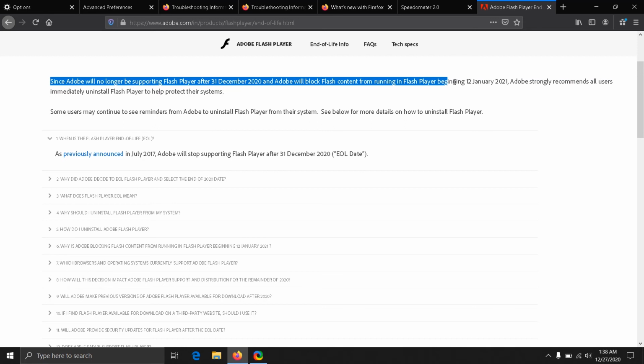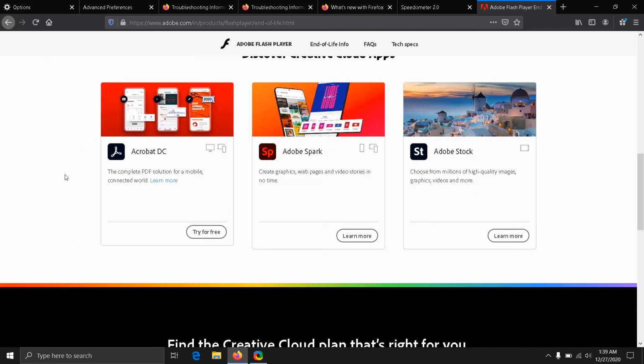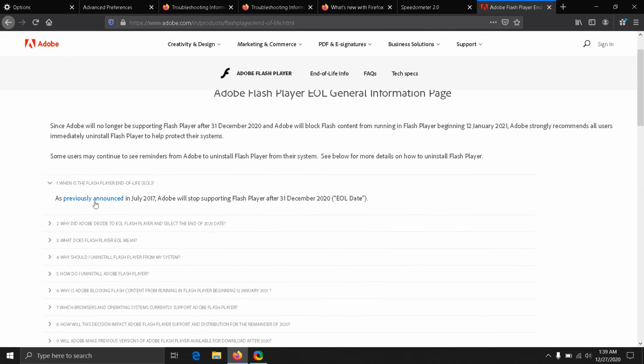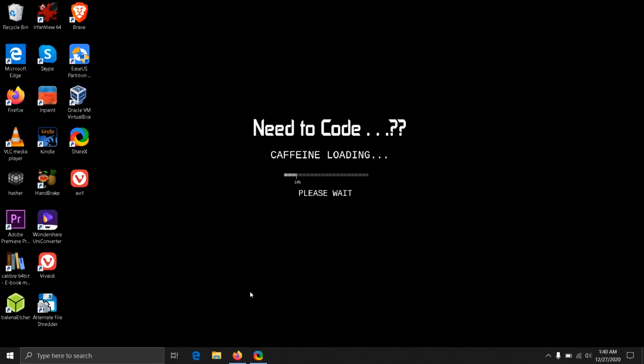There are a lot of questions here, around 12 questions answered. The first question is, when is the Flash Player end of life, EOL? The given answer is as follows. As previously announced in July 2017, Adobe will stop supporting Flash Player after the 31st December 2020 EOL date. So what that means is